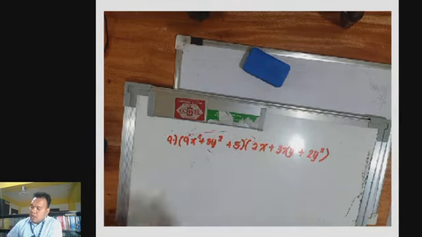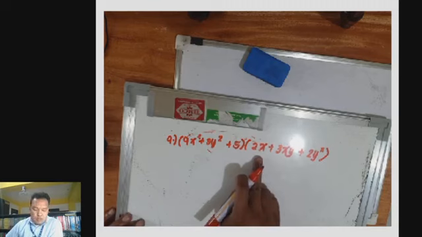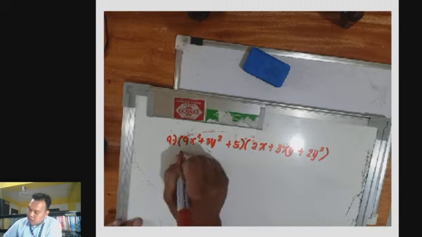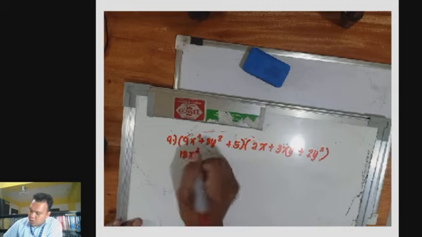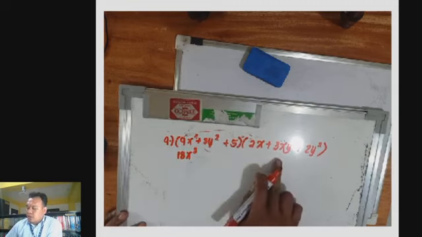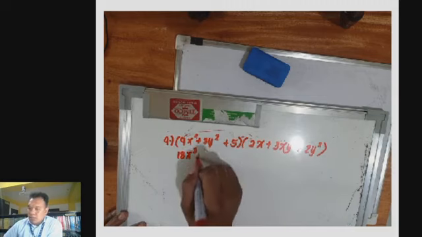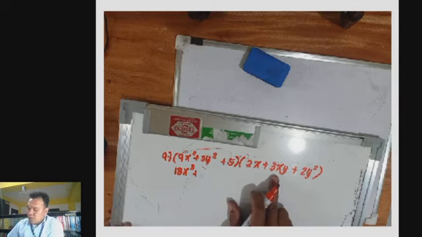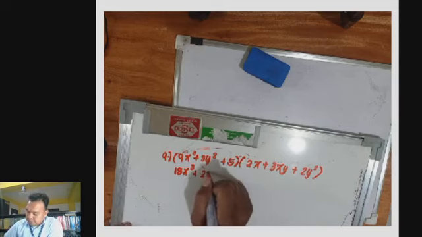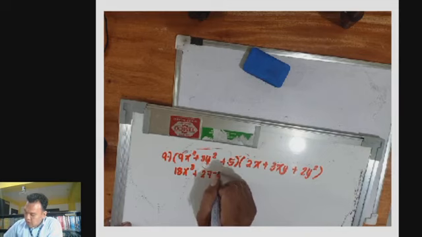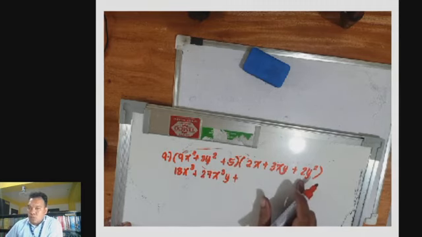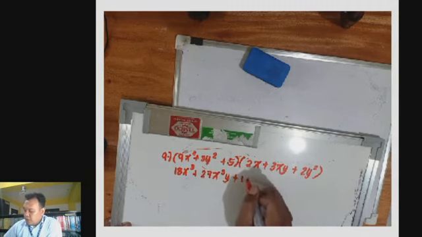Okay. For number 9, 9x squared multiplied by 2x. So, lalabas po yan ay 18x cube agad. Then, 9x squared times ito pala, plus 9x squared times 3xy. So, lalabas 9 times 3 is 27x cube y plus 9x squared multiplied by 2y squared. So, lalabas yun ay 18